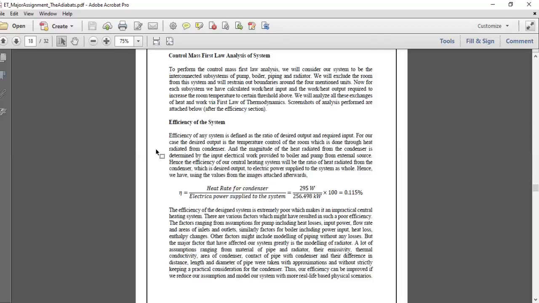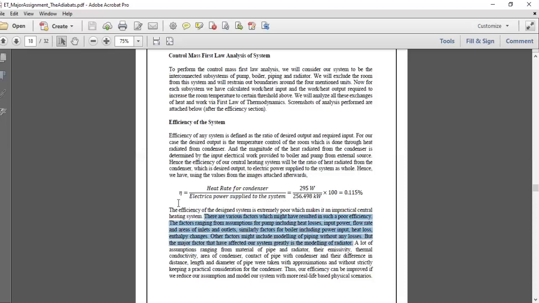So that we won't be even able to consider it as a practical system. Thus, as next step, we started looking at what parameter was responsible for such a poor efficiency performance, and we traced back to some assumptions that we did regarding each system that eventually resulted in this poor efficiency.